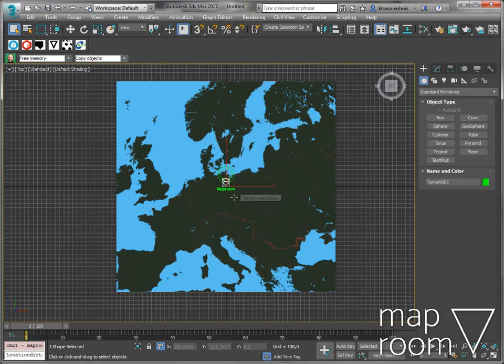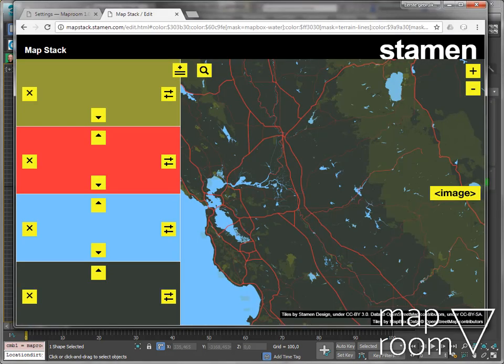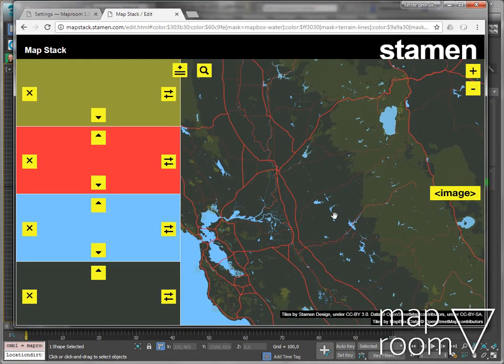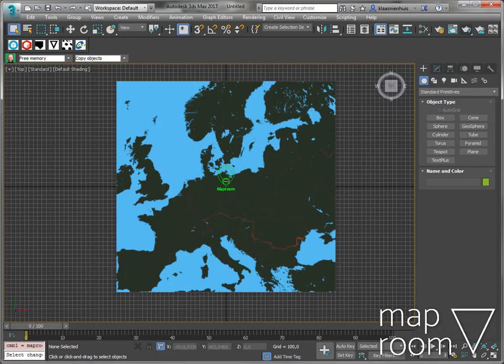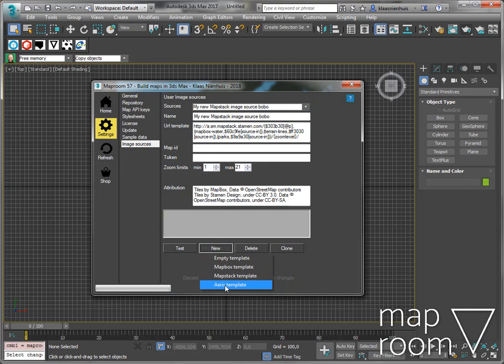This is the new look, and this look matches with this one here. I just made a style online, and then with the MapStack image source I can get that style directly into Maproom. When I make a new style and make an Aris template, Aris is a company which does